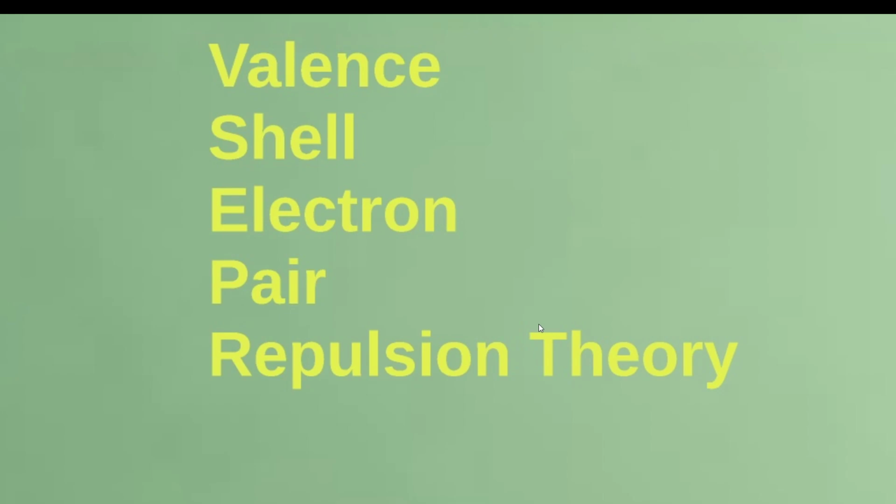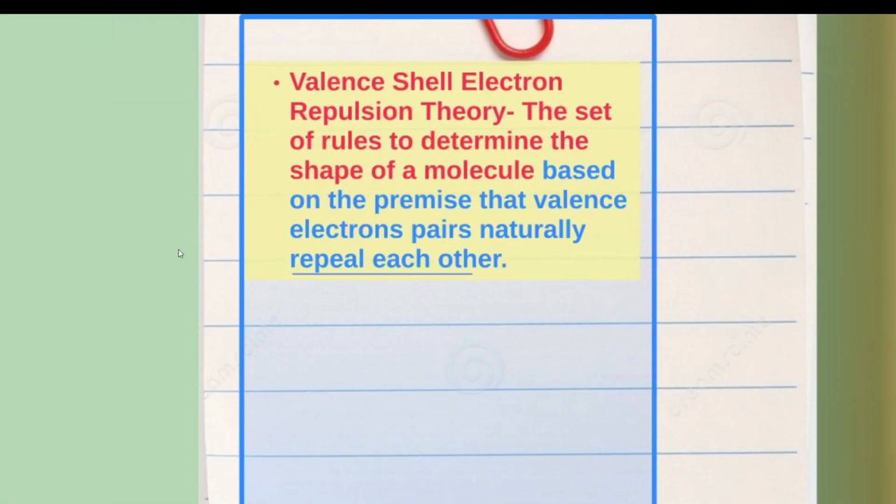And let's go ahead and break apart the word for what's called VSEPR Theory. It's commonly called that. But when we break it apart, it's saying that it's the valence shell, so it's the electrons on the outside of the atom, that are paired and repelling against each other. Alright? And so this theory is kind of a set of rules that determine the shape of